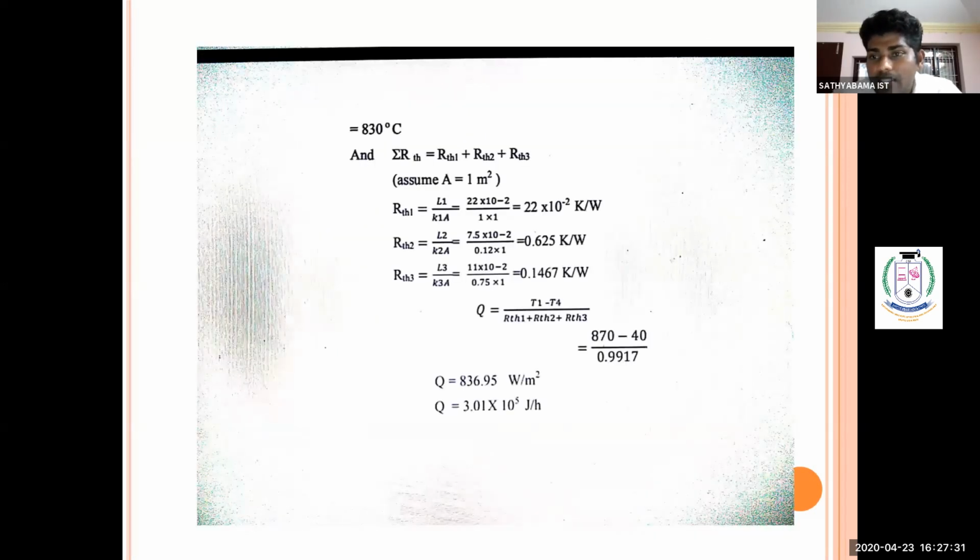Okay, so now we are directly applying the formula Q equals del T by thermal resistance, and the composite wall details are all given. First we have to find the thermal resistance value, and after that we can substitute. See, I am moving the cursor. Q equals T1 minus T4 divided by R1 plus R2 plus R3. This is the formula for finding thermal resistance of each layer. I am getting 0.991. The initial temperature and exit temperature are given, so directly I am getting the value for the heat flow rate.